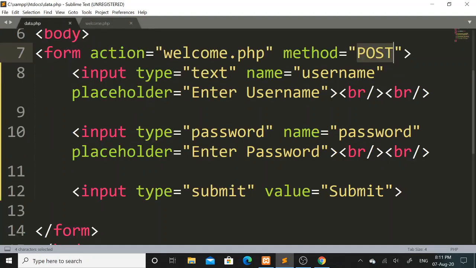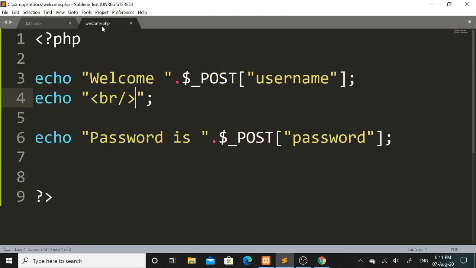There is another method named the get method. You can also take the help of the get method to transfer all this data. Here again in welcome.php, instead of the post variable, I am supposed to mention the get variable.